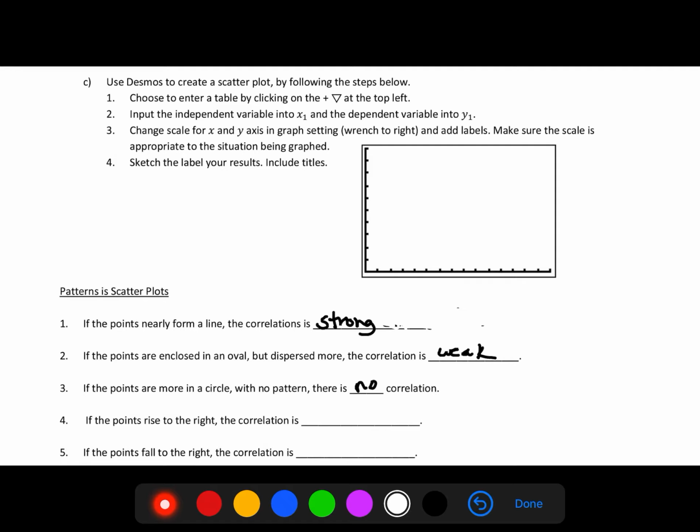Okay, so our first example, the wing spread, there is a correlation. It's fairly strong, but getting weaker. Whereas our marks, there is a thinner oval that we can draw around them, so it's a stronger relationship between those variables. Now, if the points rise to the right, the correlation is positive. And if they fall to the right, it's a negative correlation. They are related, but